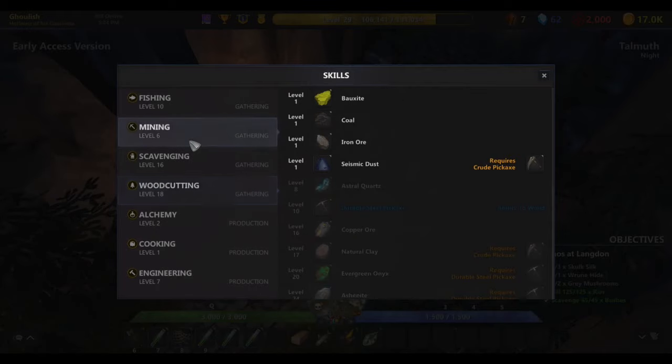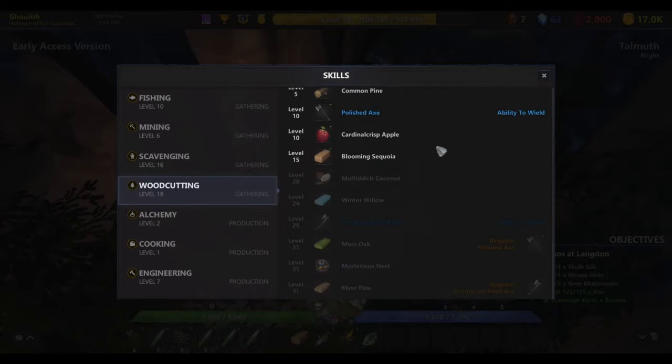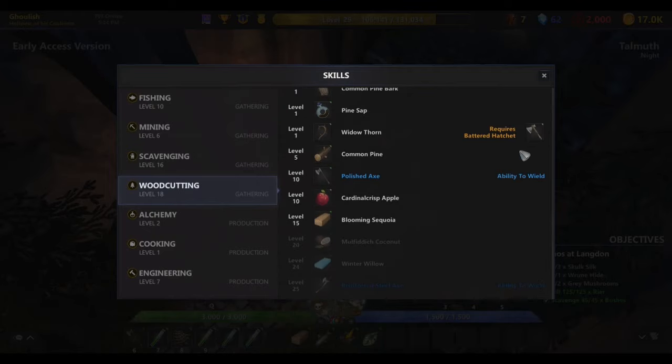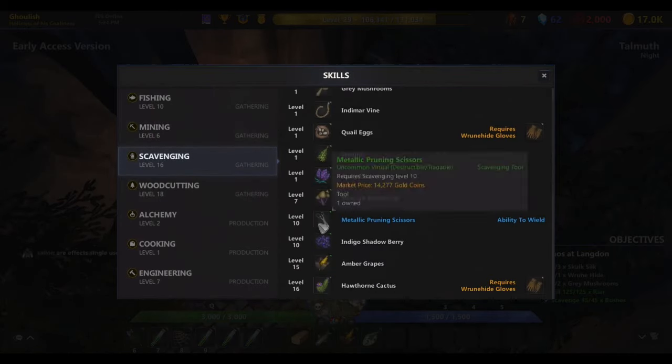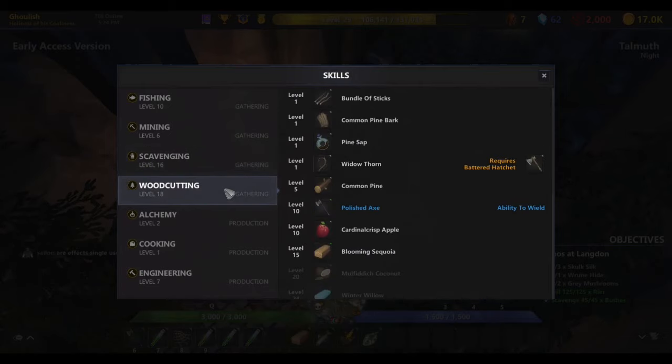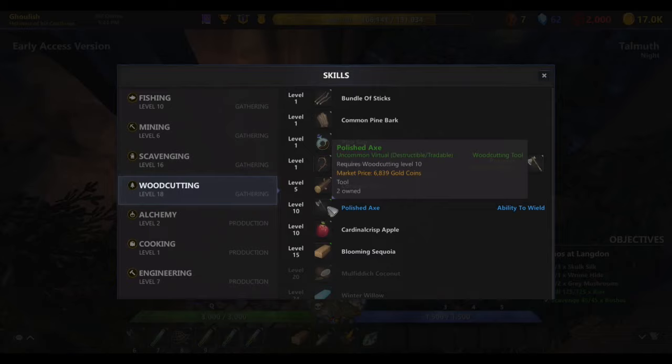Same with if you go to, say, mining, you would need the crude pickaxe or the first level mining. As you can see, I did not work on mining as much as woodcutting so far. Okay, now when you get down, you'll see that it says ability to wield, like here and here. Once you reach a certain level, so in this case level 10, and it is level 10 for mining, scavenging, and fishing as well, you can use the next level of tool. Okay, it does something really nice for you. You'll go from getting anywhere between 50 to 80 experience in that profession to 200 to 300 once you get